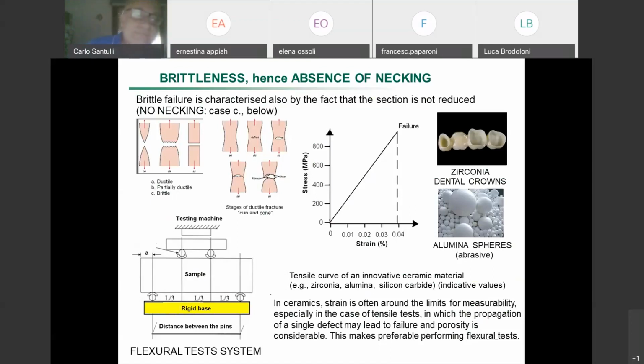And what happens there is that, well, here you have the cup and cone again. I'm showing the cup and cone just to make it clear what we were saying. Here, you know very well all this. Well, the numbers are indicative, but they are not far from reality.